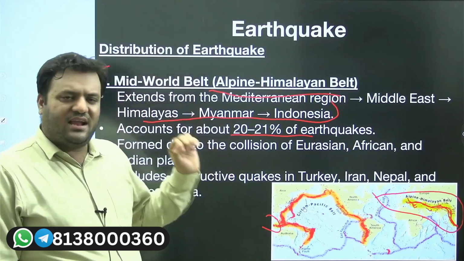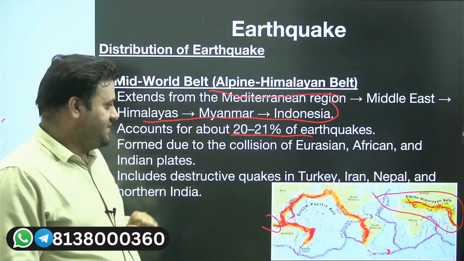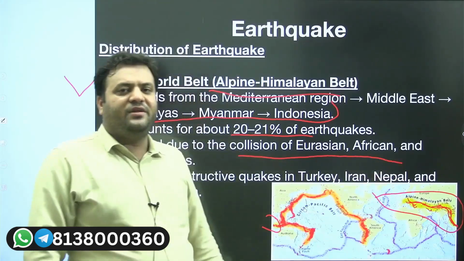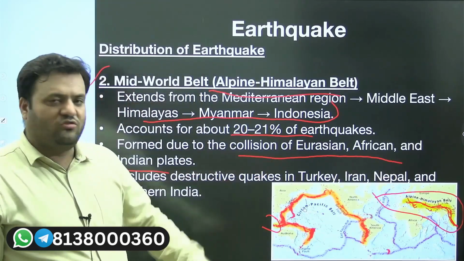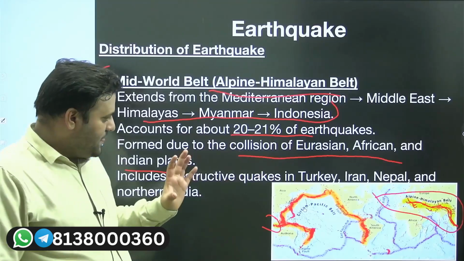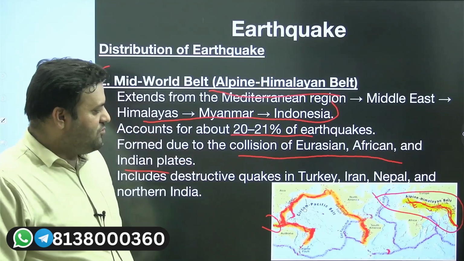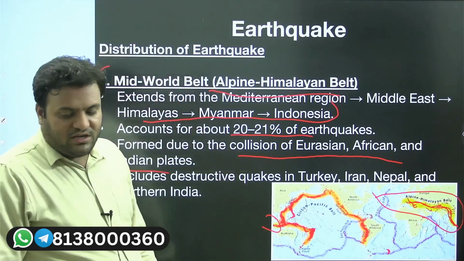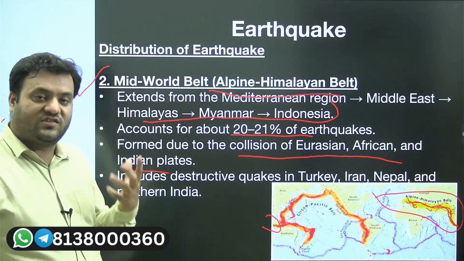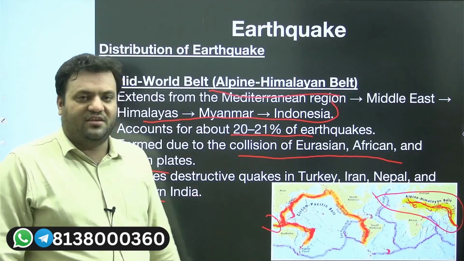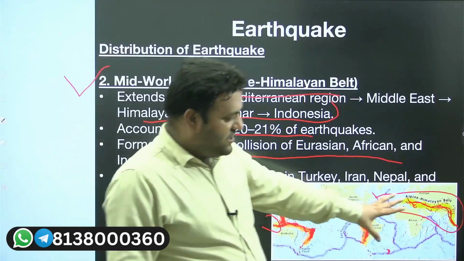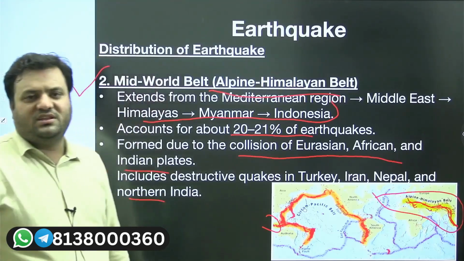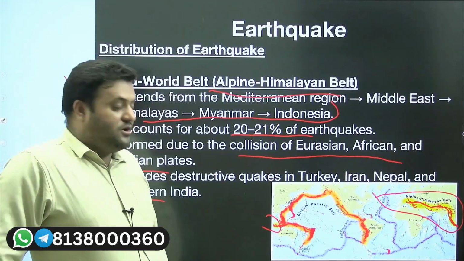There are minor earthquakes at the world level, but yes, it is formed due to the collision of the Eurasian, African and Indian plates with their counterparts. And yes, the most destructive quakes which we have seen are in Turkey, Iran, and Nepal. We have seen some destructive earthquakes, especially in North India. So because of the tectonic activity, continental convergence, earthquakes occur. However, these earthquakes are not that violent as compared to the earthquakes which are taking